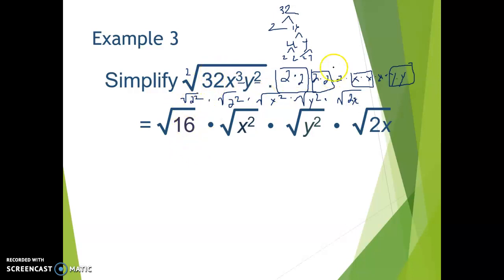Now, you can see on the notes here, they skipped right ahead to 16. Instead of writing the prime factorization, they recognized that 16 was a perfect square. So they just separated the 16 and the 2. I would like you to do it